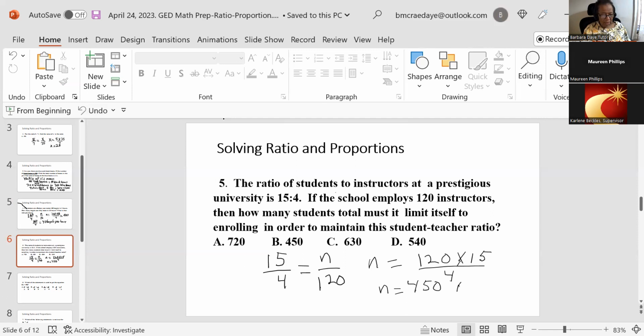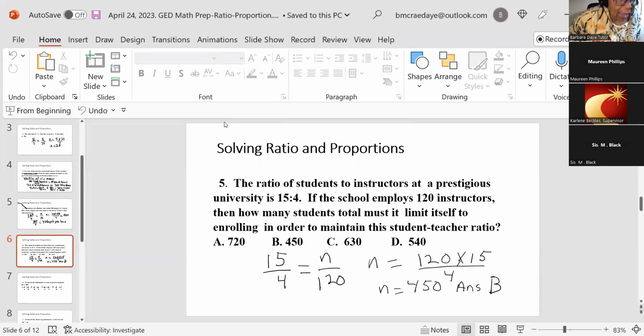450. Answer B. That's right. Very good. So that would keep that same ratio. If you had 450 students and 120 instructors, that would give you that same ratio, 15/4. Okay, all right, let's look at